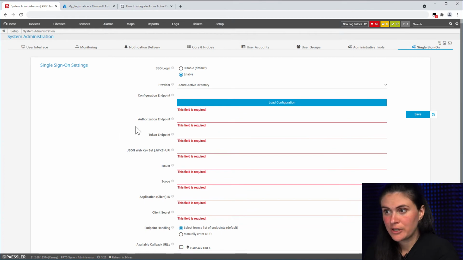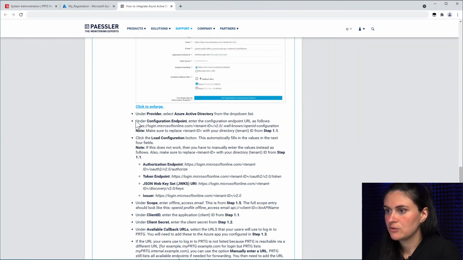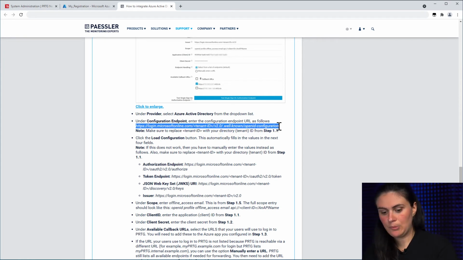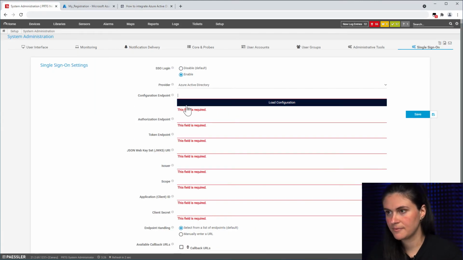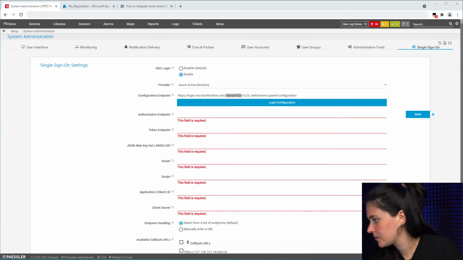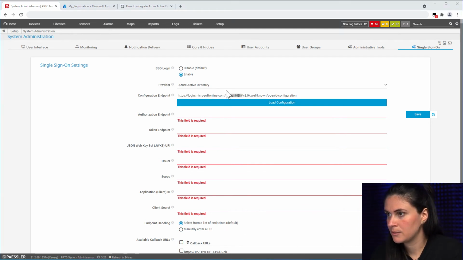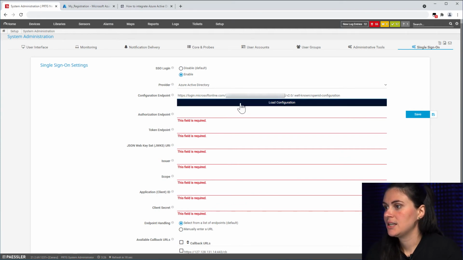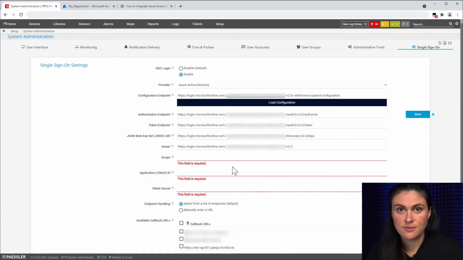We now need to configure PRTG with the information that we got from the Azure portal. So the first thing you need to do is set the configuration endpoint. So here you can go to our online knowledge base article in the field configuration endpoint, and you can get the URL. So you can just copy it into PRTG, and you can replace the tenant ID with the tenant ID from the Azure portal. So I will quickly do that. Okay, and then I can click on Load Configuration, and you can see that the next 4 fields have been